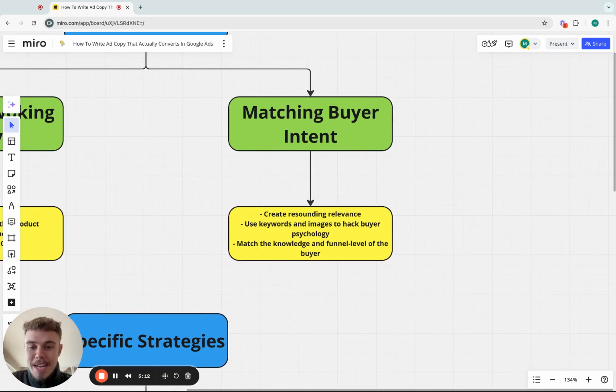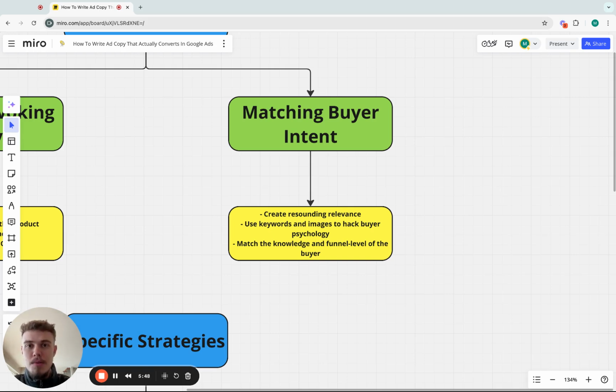And then finally, as well, matching the knowledge and funnel level of the buyer. So if someone is in early stages of purchasing, early stages of the funnel, for example, they're still searching for how to clear skin, right? You don't know if they want a skincare product or if they want a home remedy or if they want a washing routine. It could be anything, right? So that's very top of funnel. Whereas if someone searches for skin serum, hyaluronic acid, or whatever it may be, right? Very specific product name, even a brand name, that's bottom of funnel, right? And you need to match your ad copy to whatever stage of the funnel they're in.